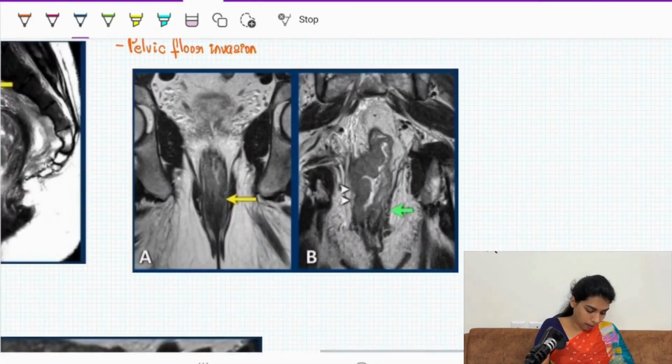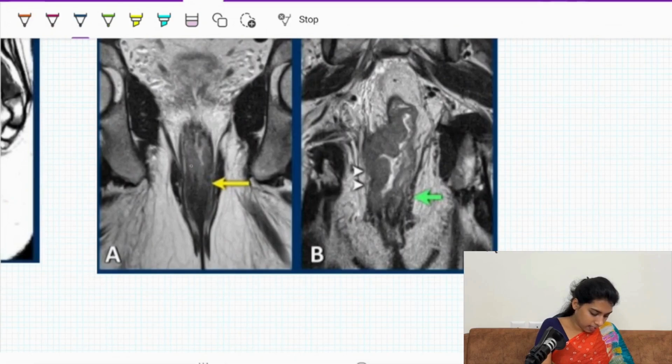Now we look at the examples to understand. So we can see that this is the tumor signal, right? This is the tumor signal, and this is extending into the internal sphincter. However, you can see a clear fat plane, that is the intersphincteric space, which is clear without any tumor signal. And this is your external sphincter, which is the continuation of the levator ani muscle, which is also not involved. So in this case, we'll say the internal sphincter is involved. However, the intersphincteric space and external sphincter are not involved.